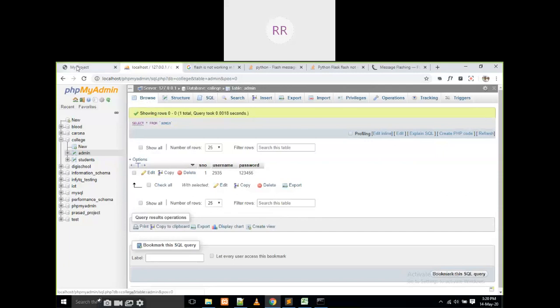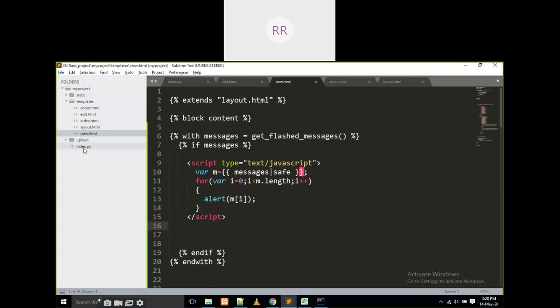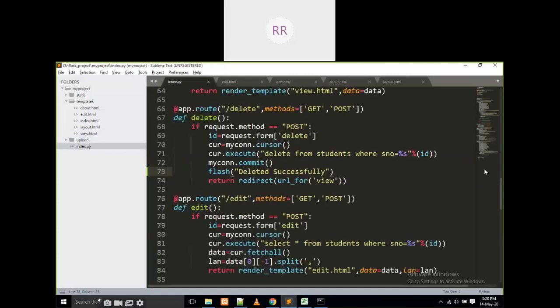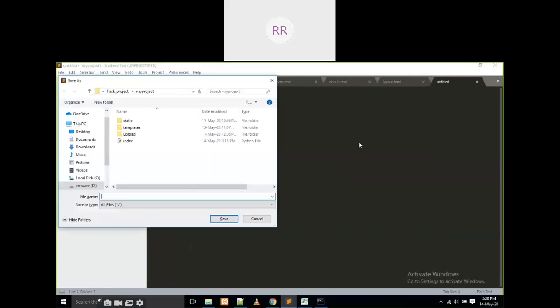Now I am going to create one login page here. First of all, I am going to create one more page, that is the login page. Save it in my project's templates as login.html.